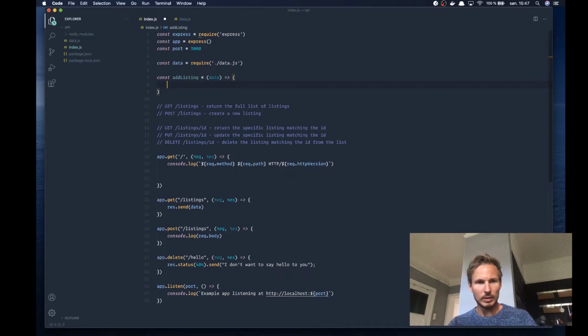So let's say it's going to take data and the new item, and then we're going to say let data equals require data.js, and then we'll say